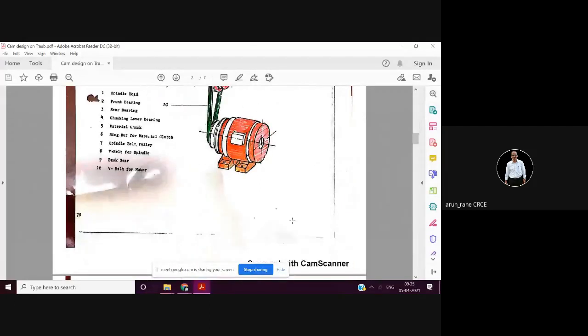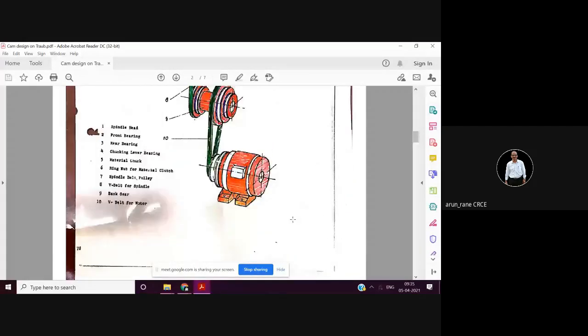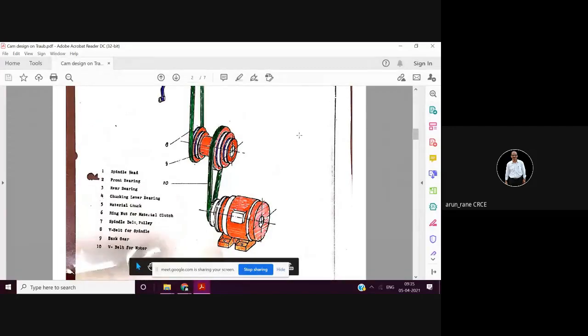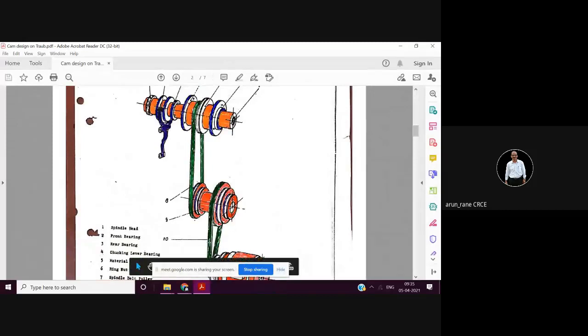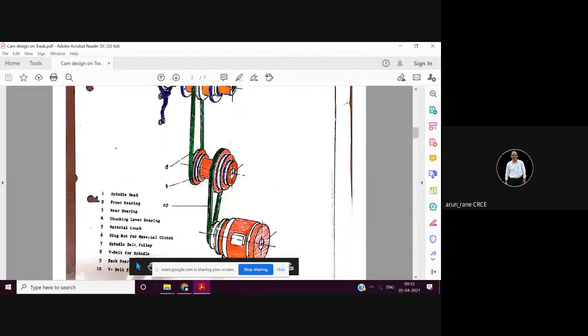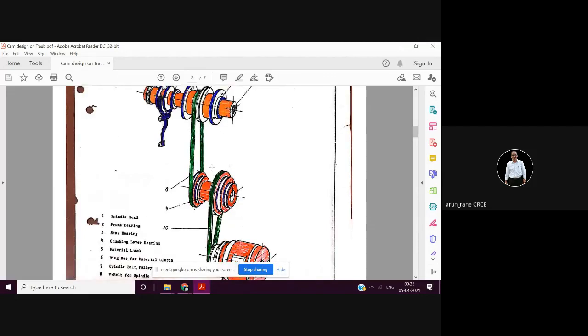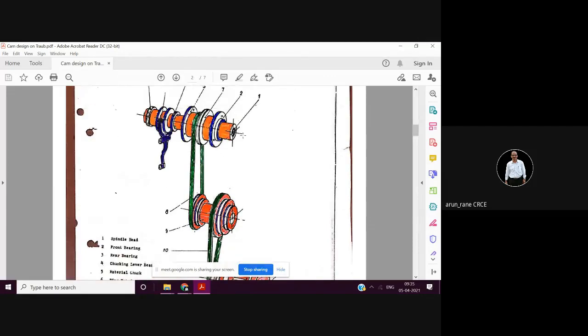So you have a motor here down which receives the electrical supply from the mains. Then there are the pulleys. So this motor is mounted or kept down. Then from the motor, with the help of the pulleys and the belt, the drive is transmitted to the spindle.